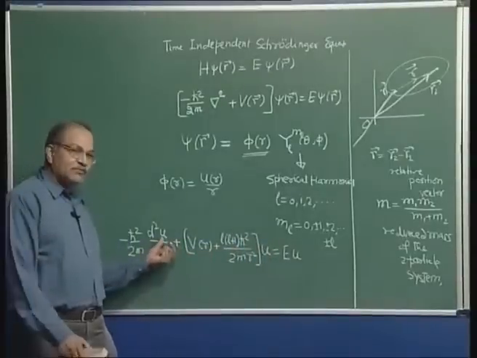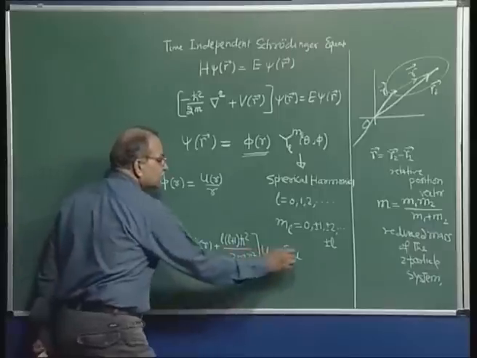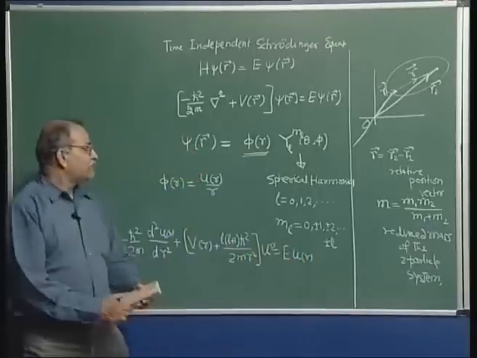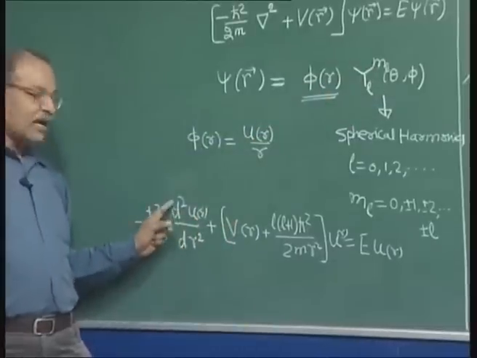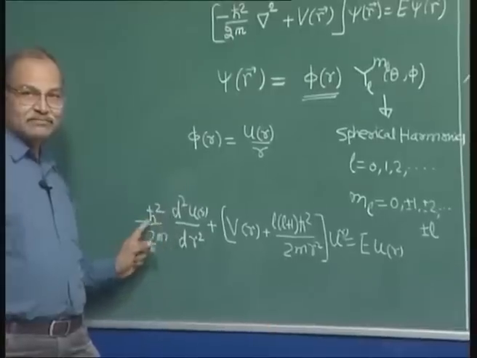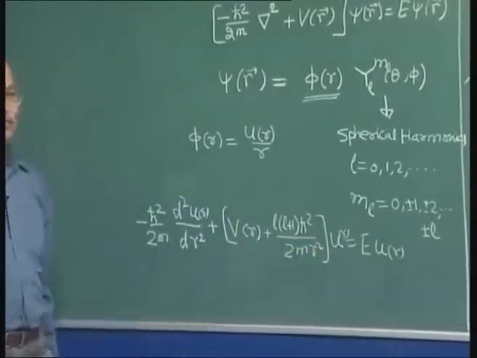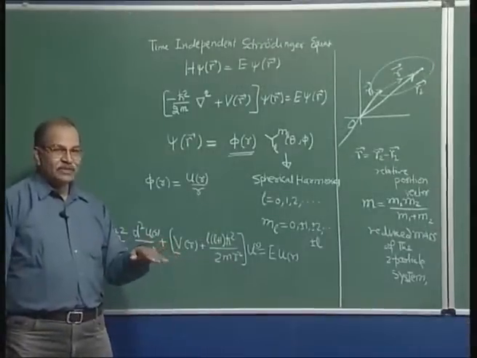U is just a function of r only, not theta phi, because the theta phi parts are here. So, that is why you do not have any partial derivative, just a total derivative, okay. So, this is the equation which we have to solve. Now, since deuteron has only one energy, that is the lowest energy,